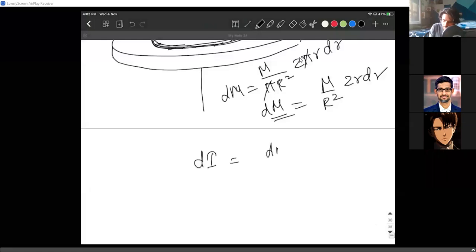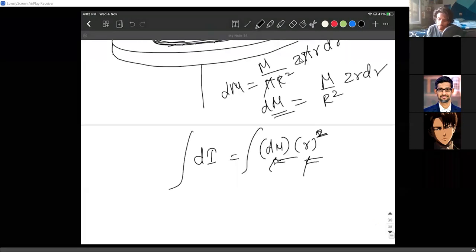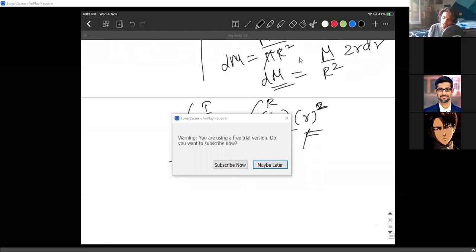Which is nothing but dm into r squared. We already know the formula of the moment of inertia of a ring. I'm only using the formula of a ring: dm into r squared, mass into r squared. This is the moment of inertia of the ring. When I integrate it from 0 to capital R, all I get is nothing but